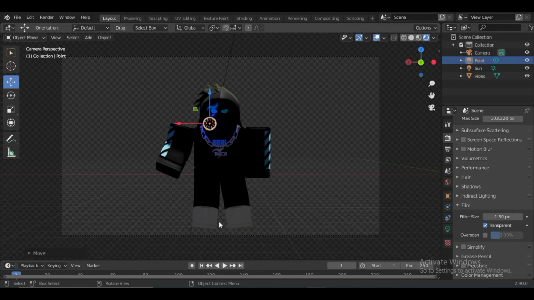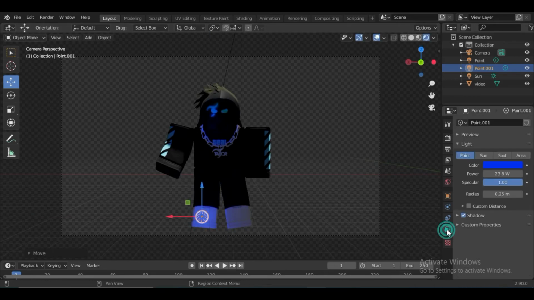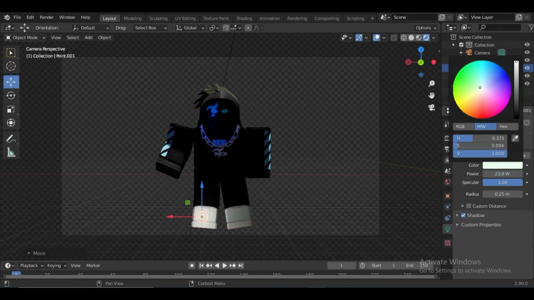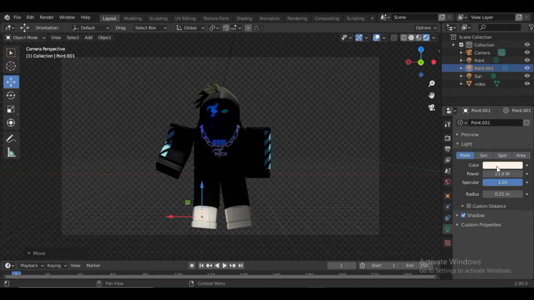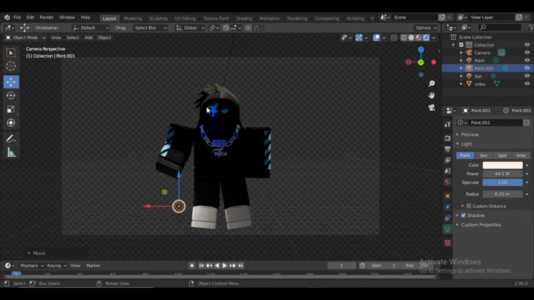Yeah, but the lighting on the leg is a little less, so you can just duplicate this light over here, because if you add a new one, you'll have to bring it all the way there. So just click Control C on your keyboard and Control V, and a second light should pop right there. I'm just gonna make this white in color. Yep, white. You can also use an area light if you want to light up the whole area, but point is also fine. Yep, that's cool. Yeah, cool little effect.